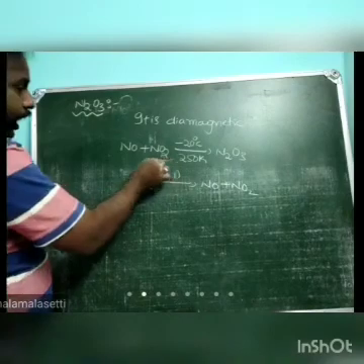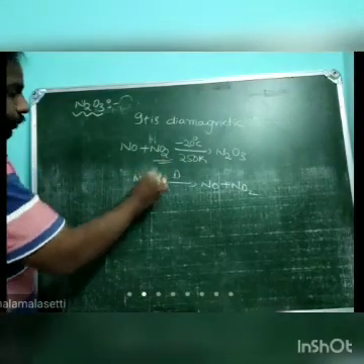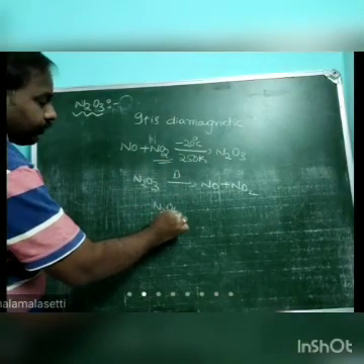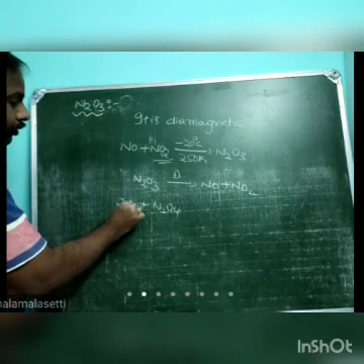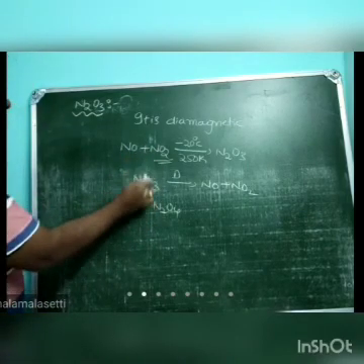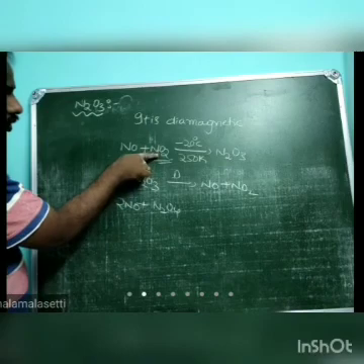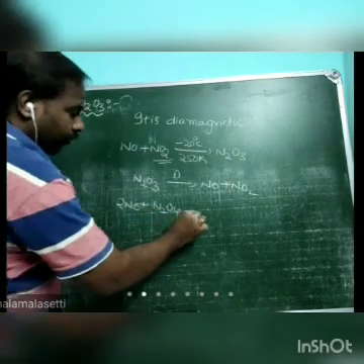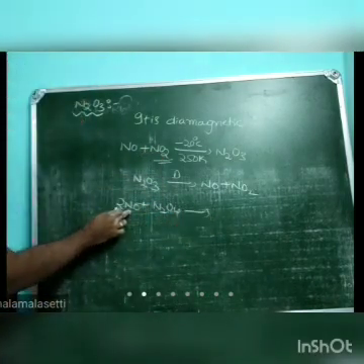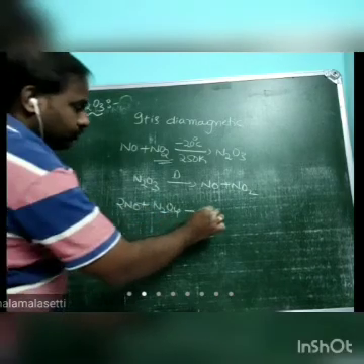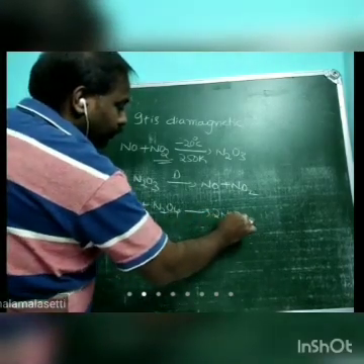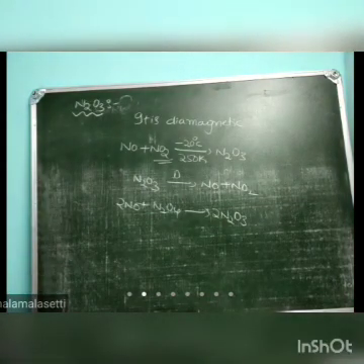If you take the dimer for this, it is N2O4. Then you have to take 2 moles. Both reactions are the same; here monomer, here dimer. How many nitrogens are here? Total 4 are there. So 2 moles of N2O3 are formed.